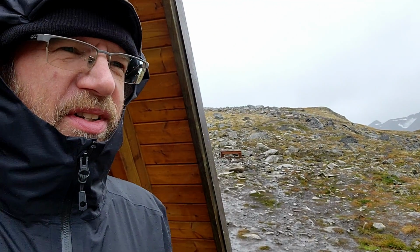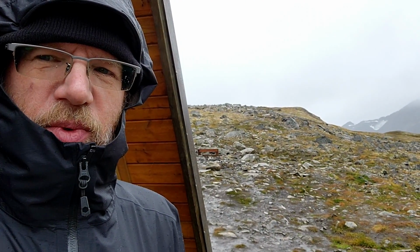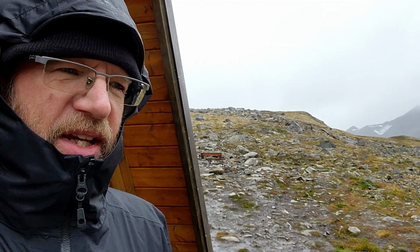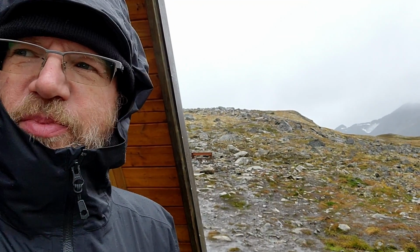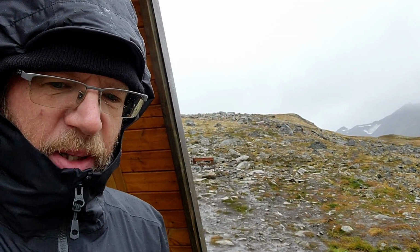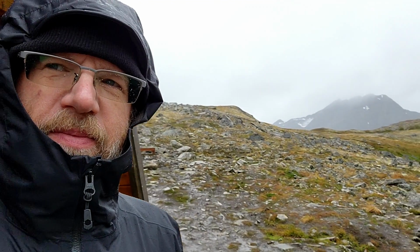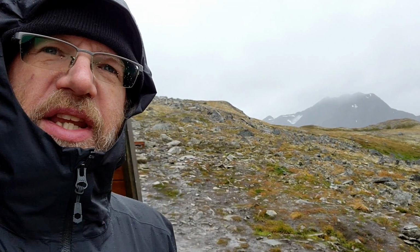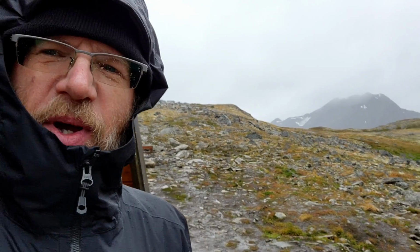If you're ever looking for a pretty easy backpack, it's 3 miles from the trailhead in Girdwood to get up here. And yeah, it's steep. You do almost 2,000 feet of elevation in 3 miles, but it's totally manageable. We did it with 60-pound packs. We were carrying up a lot of stuff because we wanted to make sure we were warm and prepared for the weather. But today we're just spending the day in the cabin reading, playing cards, and so on,